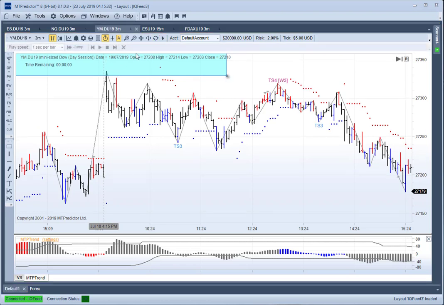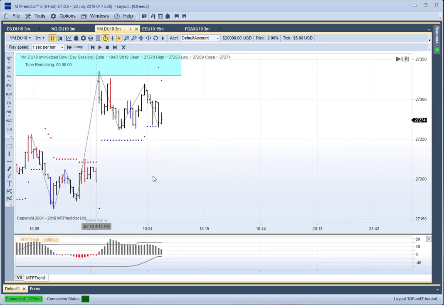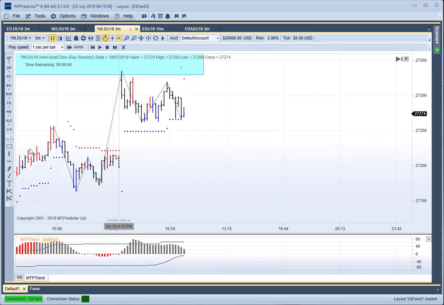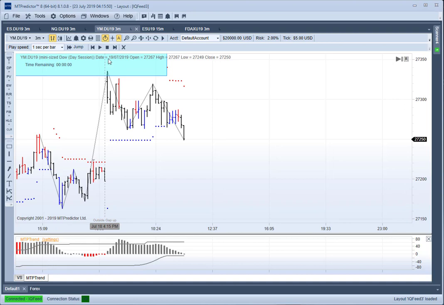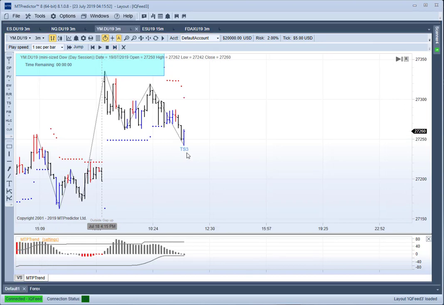So let's go through using our training mode. I want to jump back to here and just see what would have been happening on the psychological side. So we defined that the large view trend is down because there's your resistance. You can see it caught the high nicely. So as we scroll forward, our MTP trend is black. There was a potential buy setup.